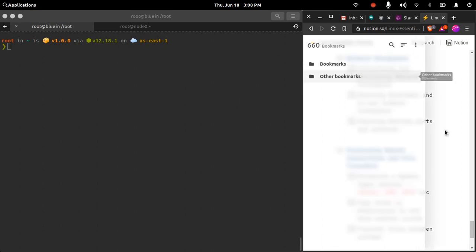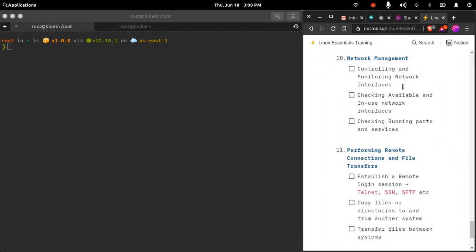Today in network management we will see how you can check your network interfaces on your system, and we will also see how you can inspect what the currently running services are and what ports they are running on. This module is specifically about networking, and we are going to spend most of our time identifying the network devices on our system and checking what services and ports the processes are using. So let us begin with the commands directly.